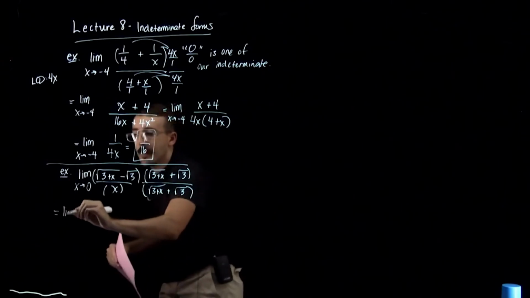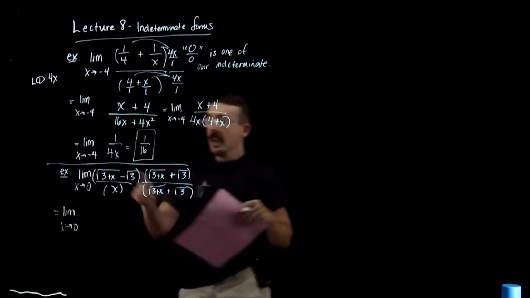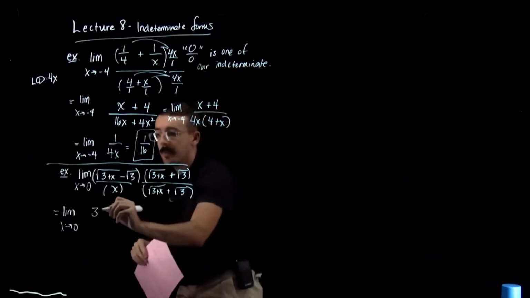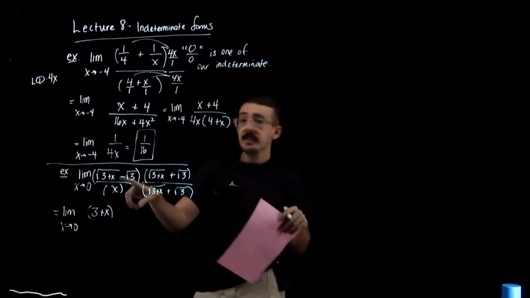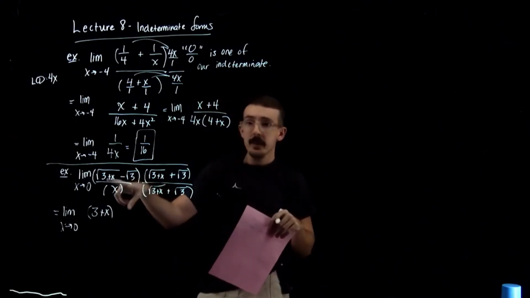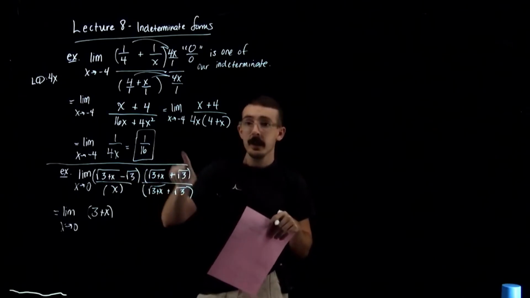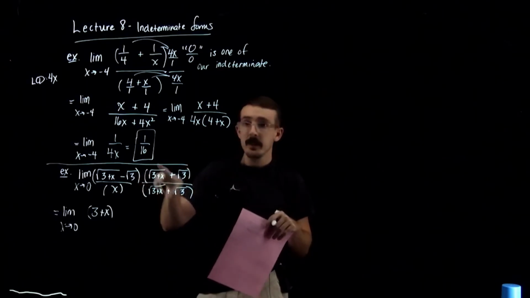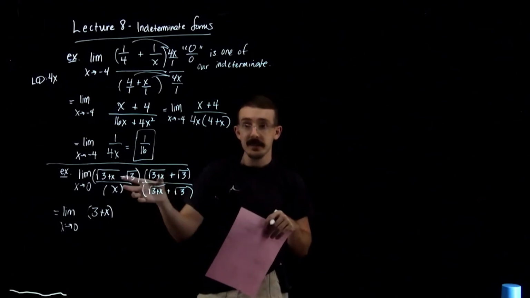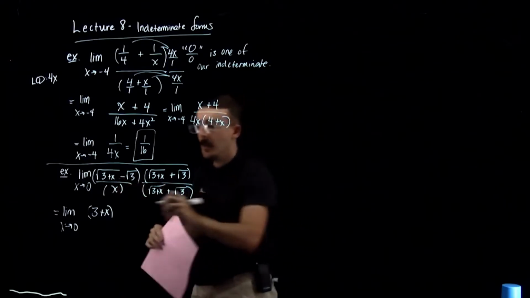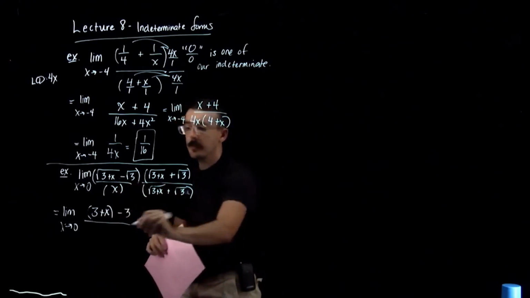So this is equal to the limit as x goes to 0. If you multiply a radical by itself, the radical is just gone. So I have 3 plus x. Notice you have a difference of squares. So the two outer ones are the opposite of the two inner ones. So you don't have to multiply those out because the outer and the inner cancel. So what's left is you multiply the two last ones. This times this will be minus 3, over